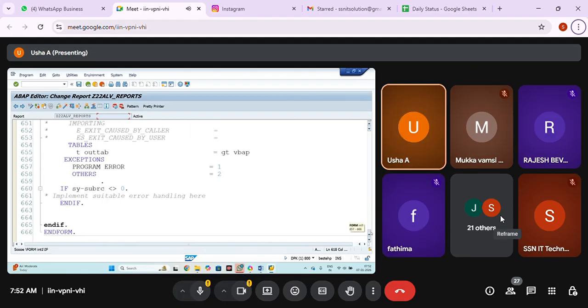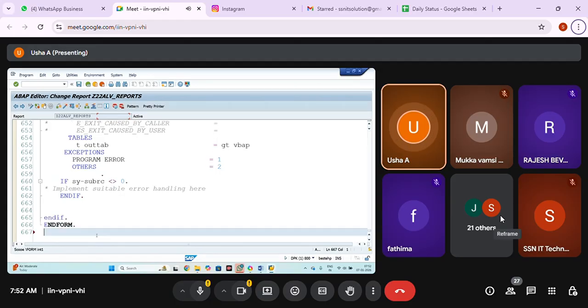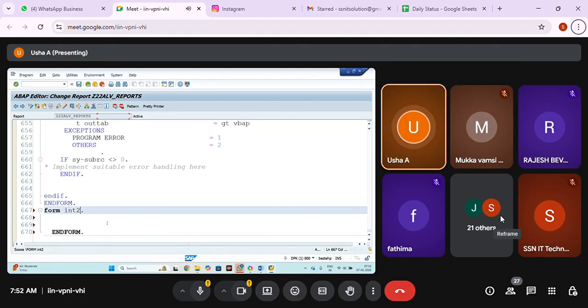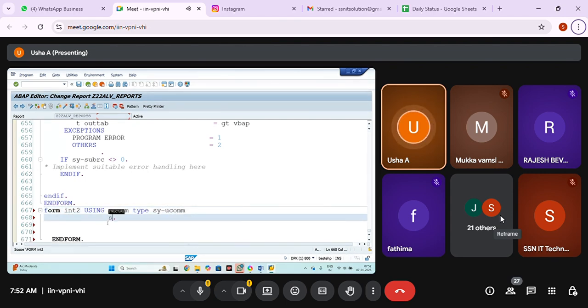Okay. Declare at the end the form INT2 info. But what is must? Whenever you are using user command, two parameters is must. Using UCOM type SYUCOM. You can give any name. Refer to SYUCOM only.